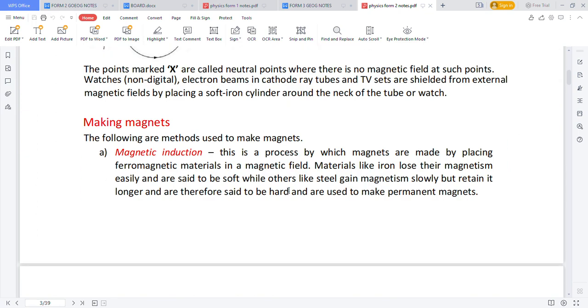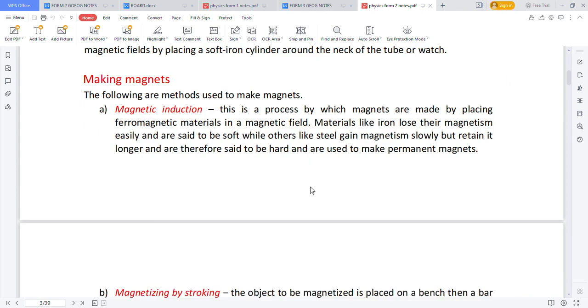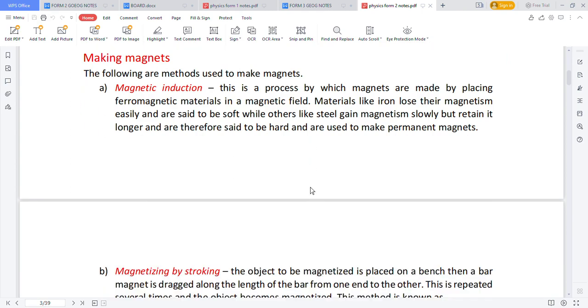Making magnets. How do we make magnets? The following are the methods used to make magnets. So we have magnetic induction. What is induction? This is the process by which magnets are made by placing ferromagnetic materials in a magnetic field. Materials like iron